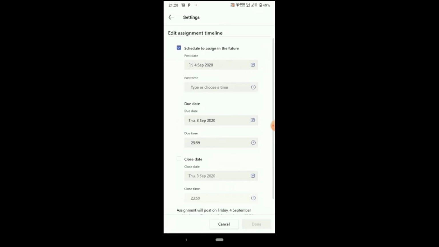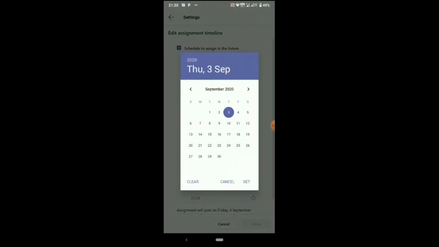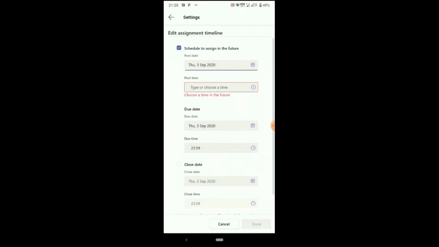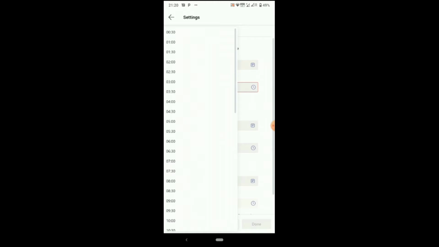So what I'll do, I'll assign this assignment for the future. For that I'll choose this checkbox and I'll choose the date. After choosing the date, you have to choose the post time, at which time students will be able to see this examination paper.